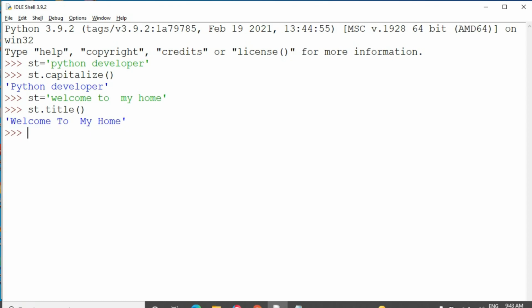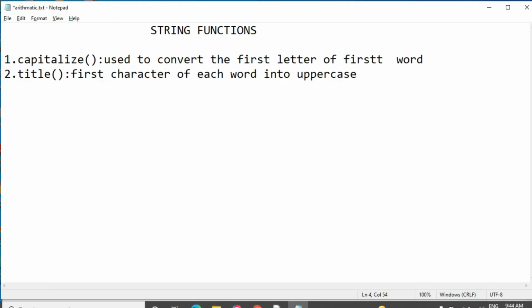See, the first character of each word has been converted into uppercase: capital W, capital T, capital M, capital H. So the title function is used to convert the first character of each word into uppercase.